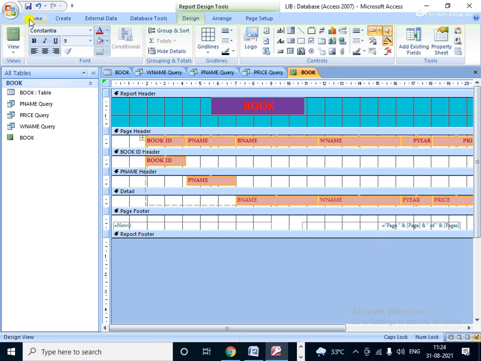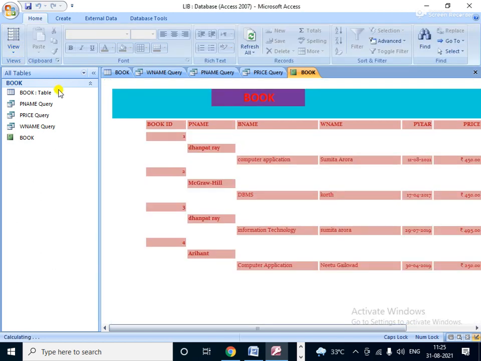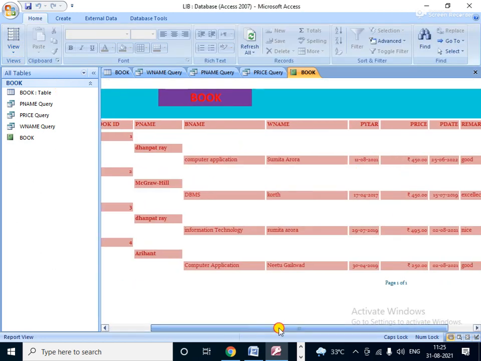Then save it. Select and then press. Then click report view. See, it is coming. Nicely it is coming. So in this way you create the report.